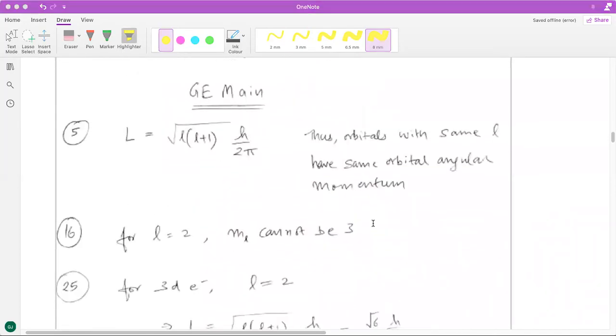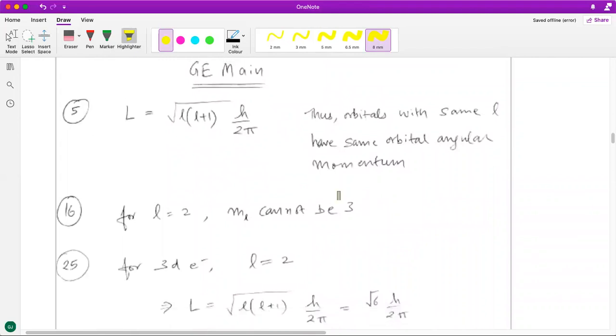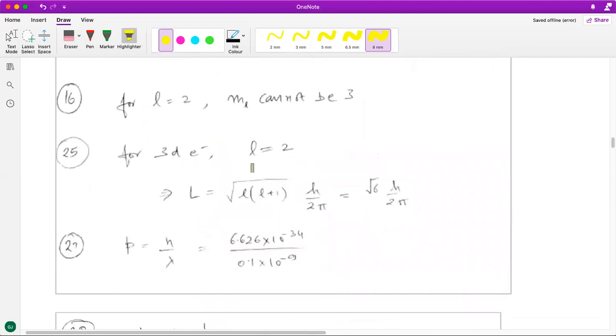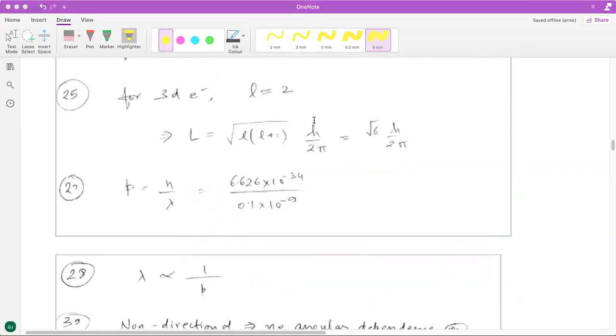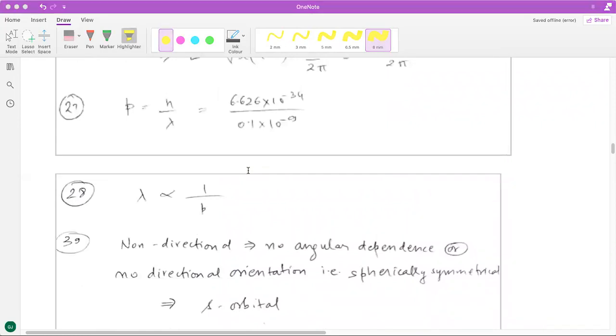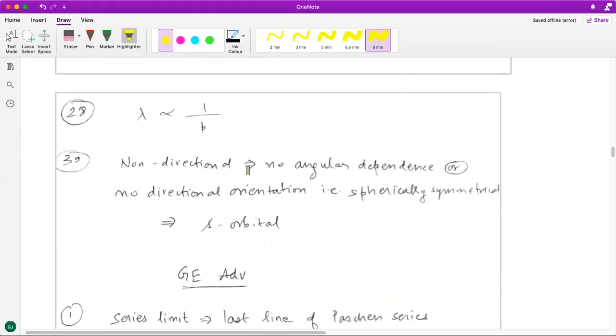All right, now let's talk about the questions from the Get Equipped to Main section. As I said, the questions are going to vary from different topics or subtopics. Fifth question is straightforward based on the simple formula. I don't think it will be a challenge for anyone. 16th question is again based on the allowed values of quantum numbers. So for L equal to 2, ML cannot be 3. 25th is again a simple straightforward question based on the formula of the orbital angular momentum. So is 27th, direct formula application, same with 28th,